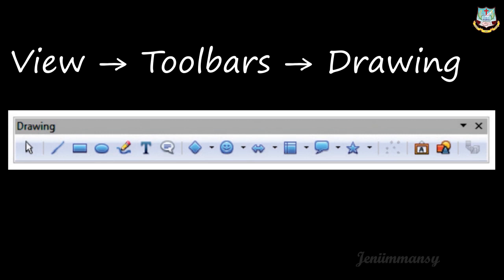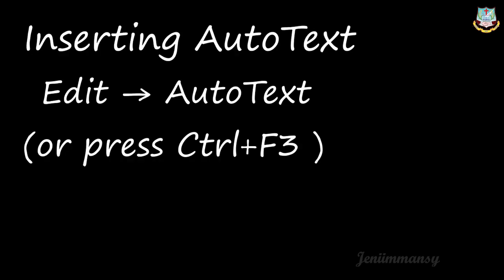Next one is about inserting auto text. Auto text allows you to assign a text or a table or a picture or graphics and any other item to a key or a key combination. For example, if you are typing Tamil Nadu every time, you need not type that fully. You can just type TN and then press F3, and automatically that will be changed, right? That is used as a tip.